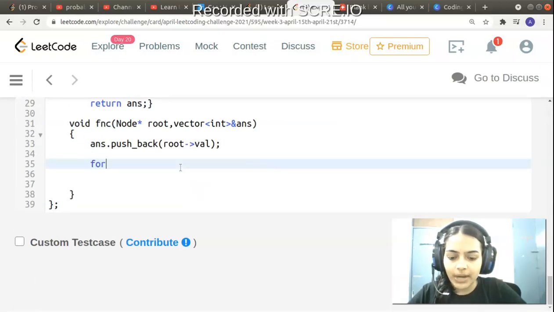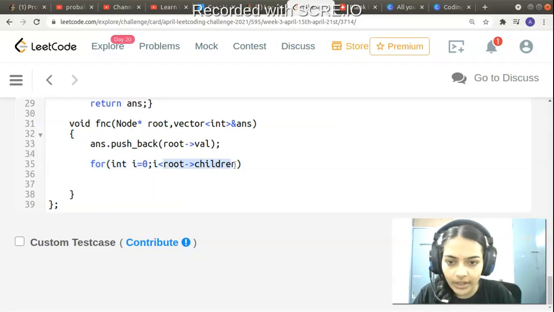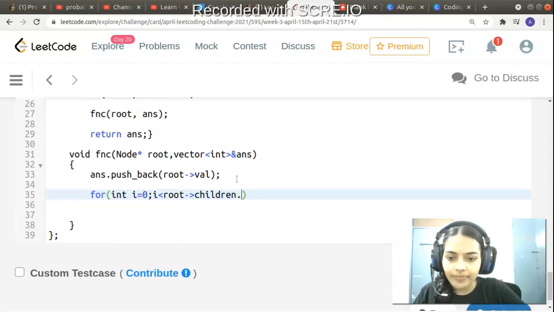So we will just iterate over the children. For int i equal to 0, i less than root's children. Each root has its own children. So corresponding to each root's children, till we exhaust the size of that.